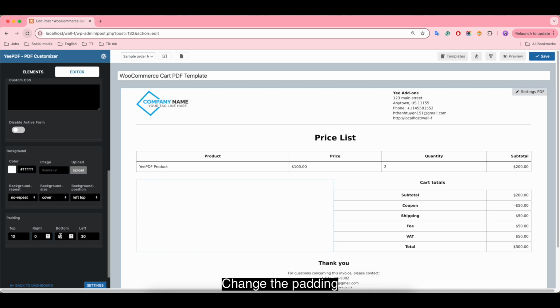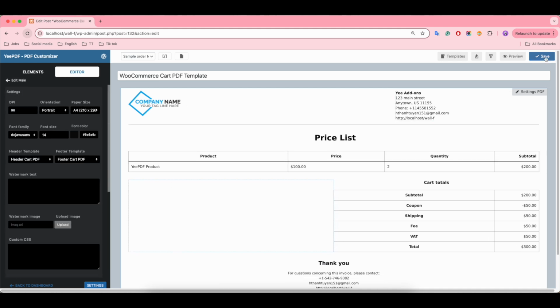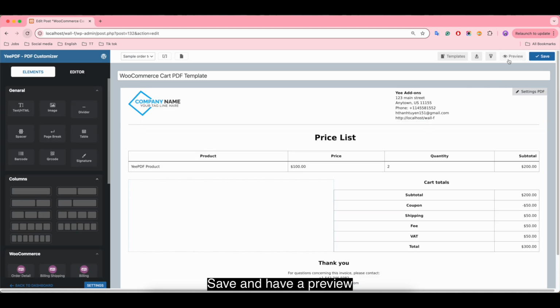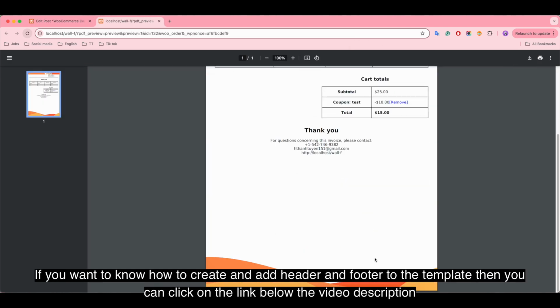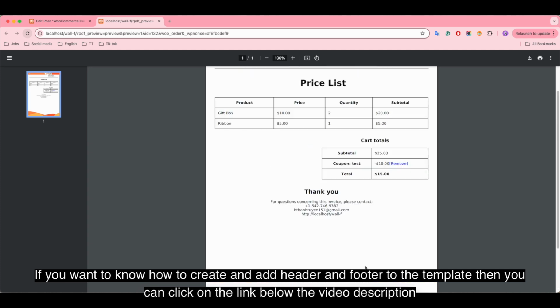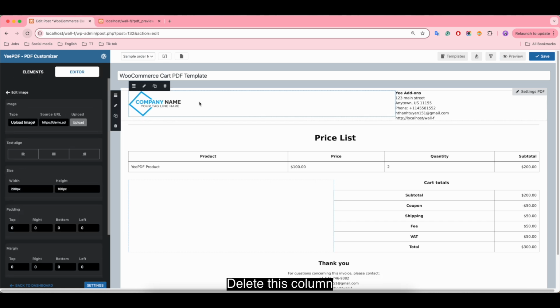Change the padding. Save and have a preview. If you want to know how to create and add header and footer to the template, then you can click on the link below the video description.